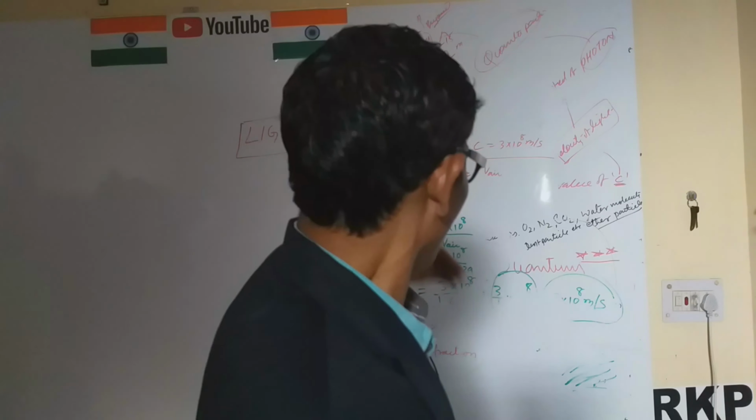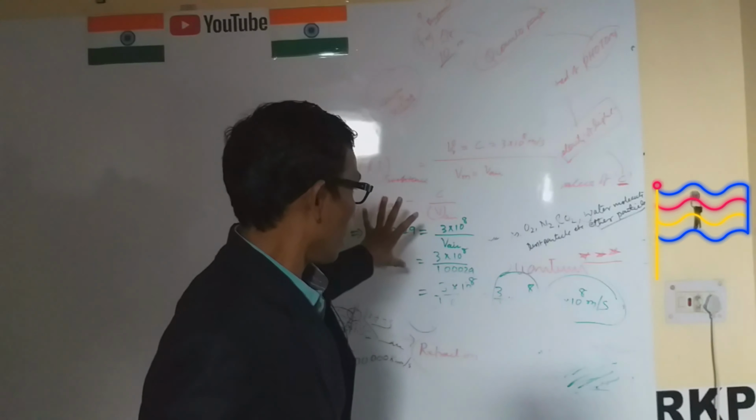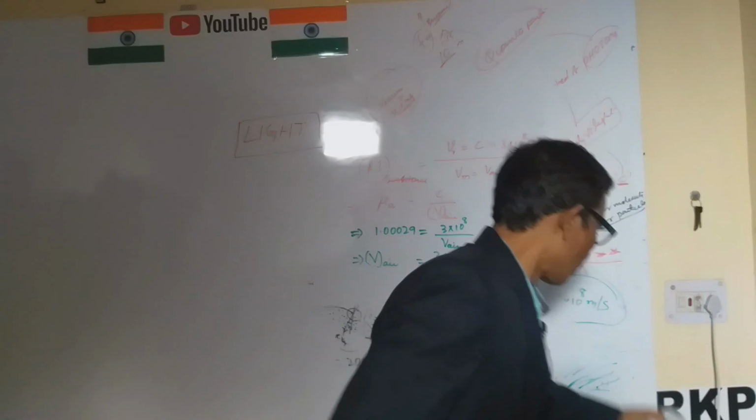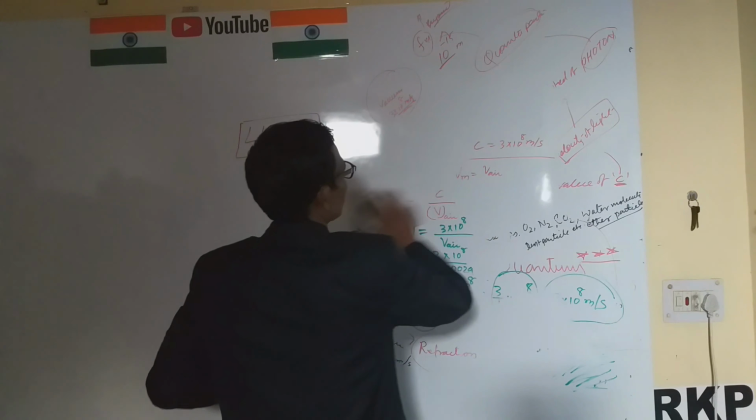Now let's study diamond. When light passes through the denser medium of diamond, whose refractive index is 2.42, what is the velocity through the diamond? What is the value of the velocity of light through the denser medium? So first of all,